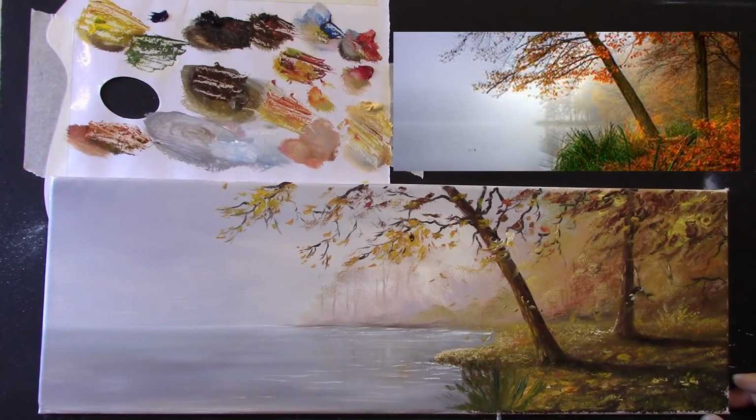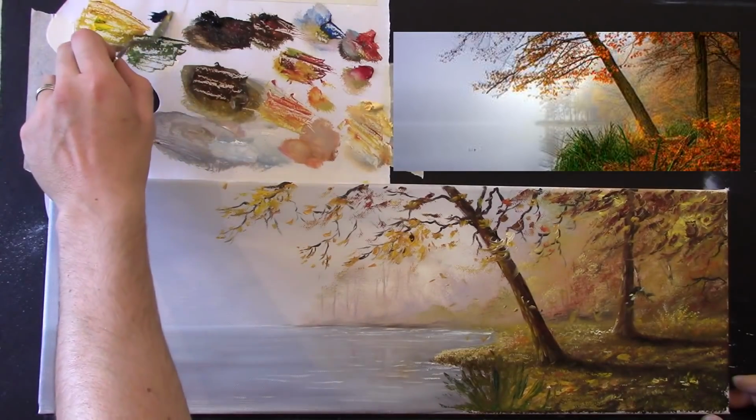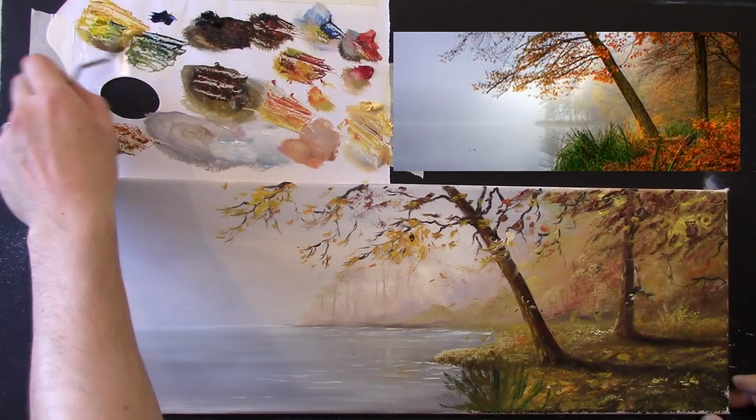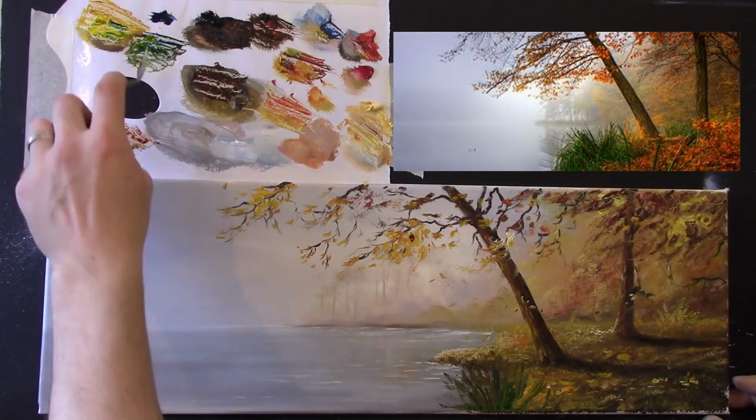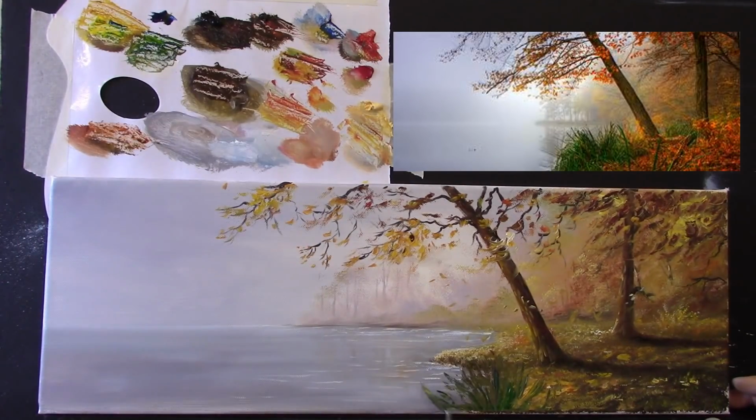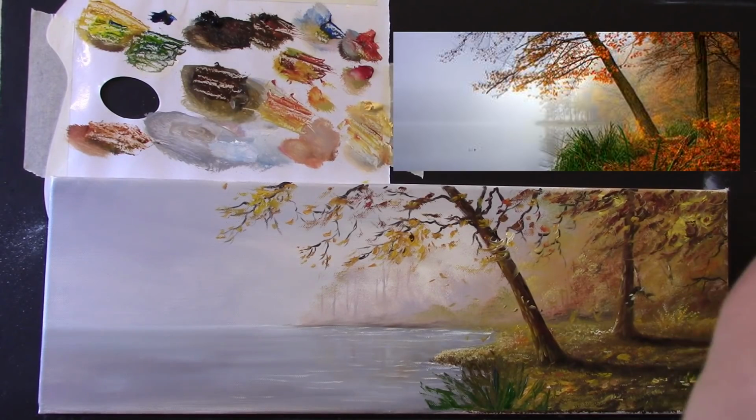There. And that, I would say, is okay. Just add plenty of colour to it. And with my pointy brush then, I might add one or two small details to this, one or two little